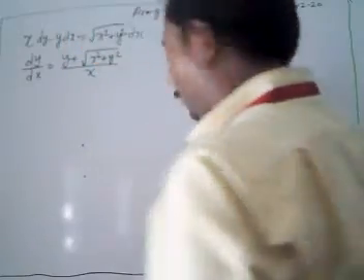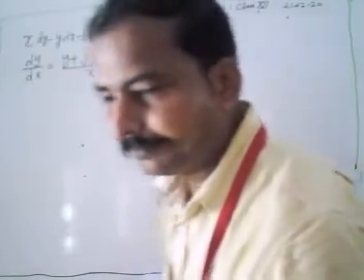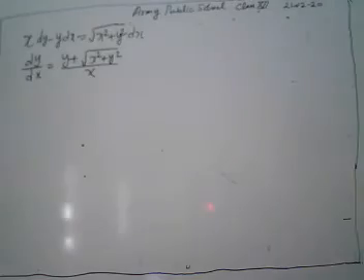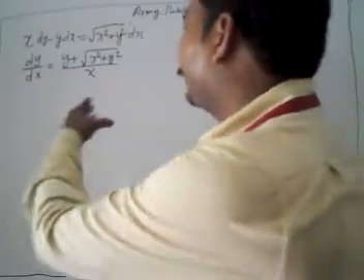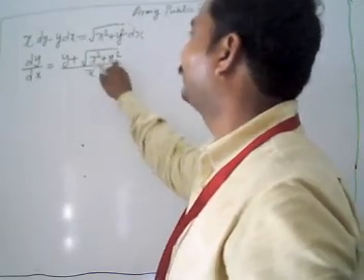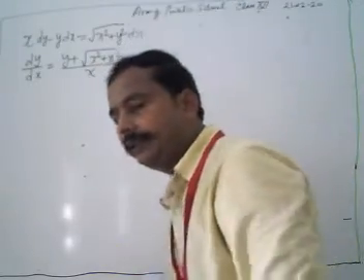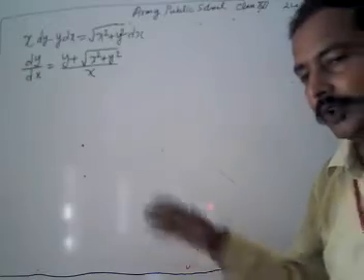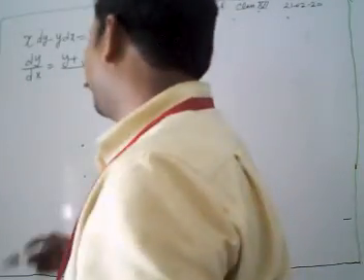Now look, it's homogeneous. Please check by yourself. Put lambda y and lambda x in place of y and x, and you can easily see that it's a homogeneous equation. We are just going to solve it.